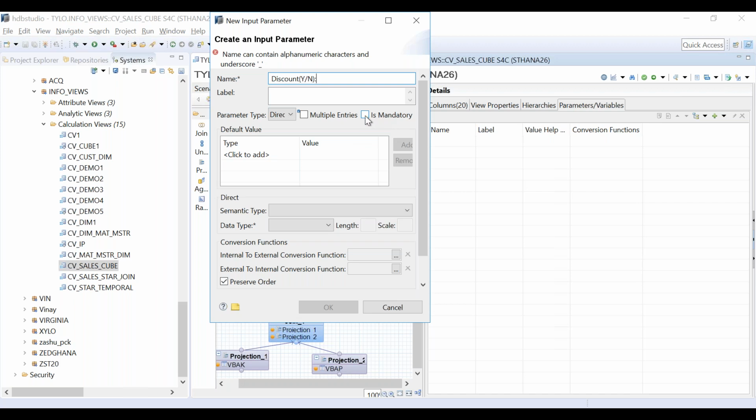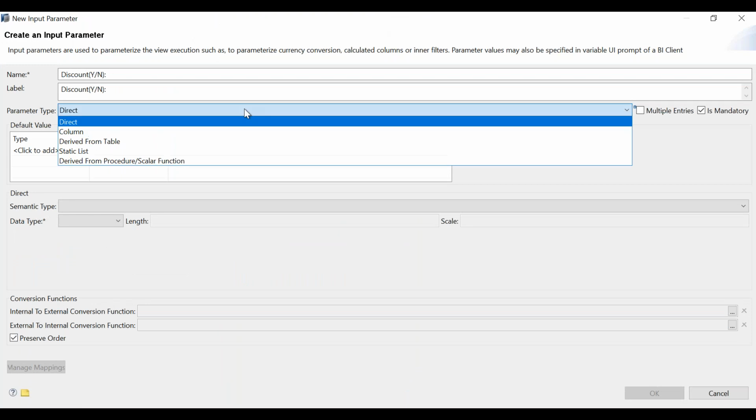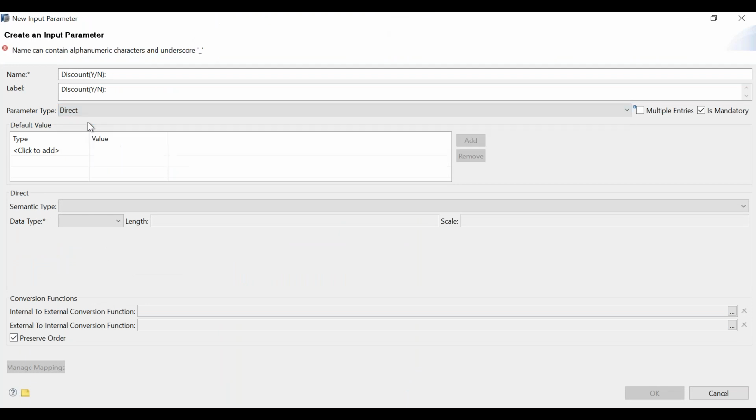This is also going to be a mandatory option. So we will mark it as mandatory, which means the user has to give some value, yes or no, otherwise it will not allow. There are a lot of different kinds of parameter type, and of course we are going to see the different utility of each one of them. For now, we will just select direct.